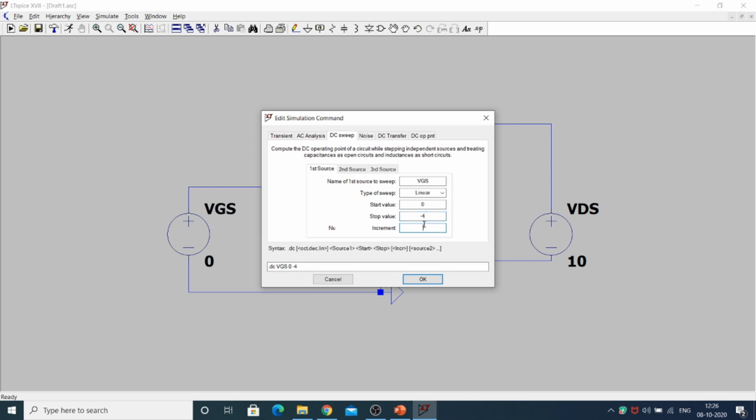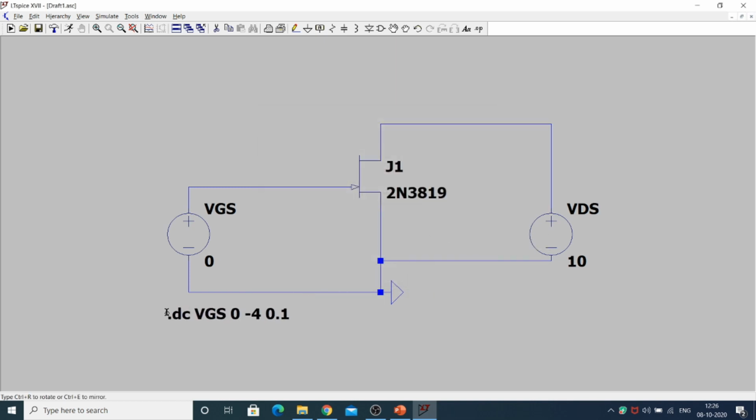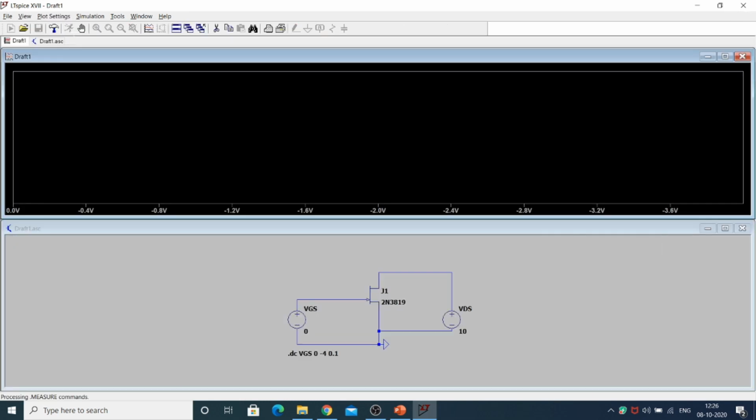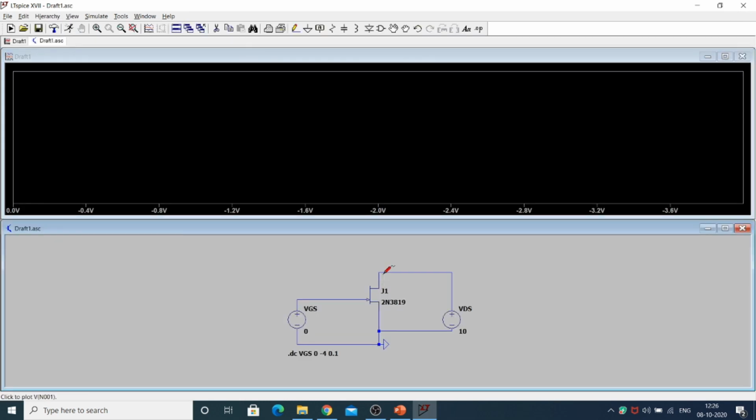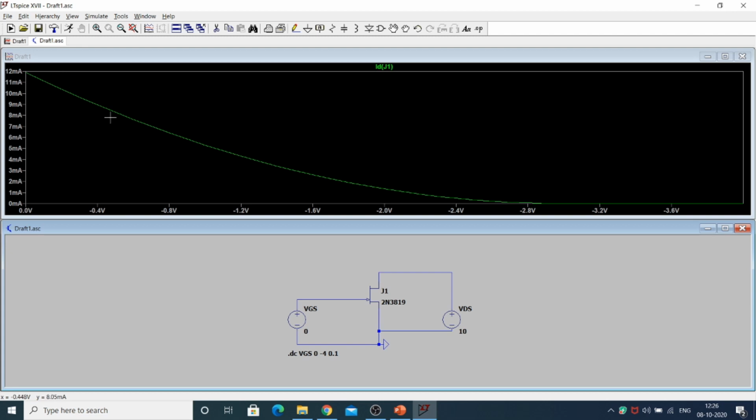For the increment, I am varying in terms of 0.1. Press OK. Now go run the command. You verify the black mark which indicates here, this is the transfer characteristics. When VGS is equal to 0, the ID current will be 12 milliamps.